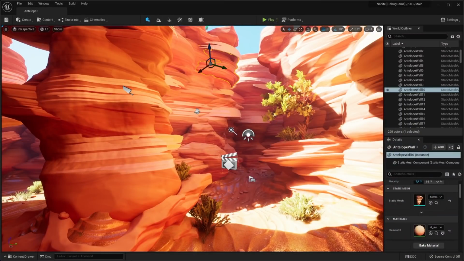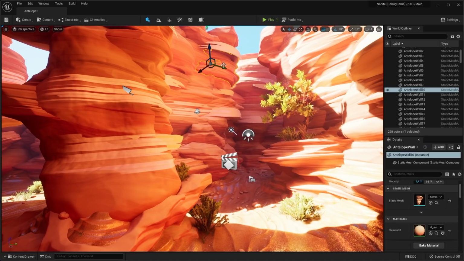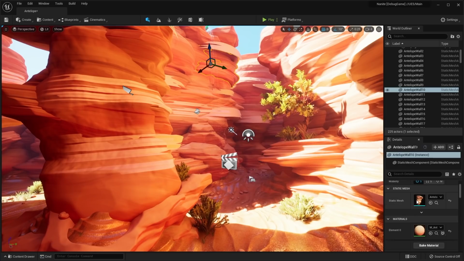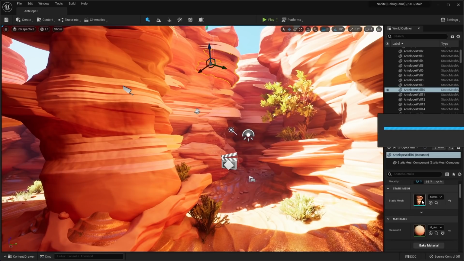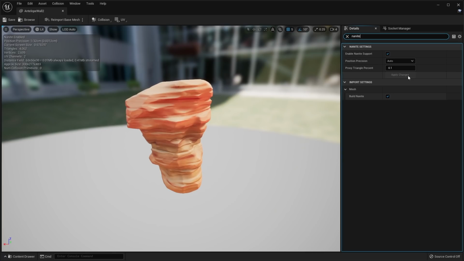Let's start by answering the most important question of all: how do I enable Nanite on one of my projects? And luckily, this is a really easy question to answer because it's a tick box and it's on any mesh that you want Nanite to be enabled for. If we have a mesh that's already been imported in, we can find it from the content browser, or we can double click on it in the static mesh settings on the scene. Search for Nanite and just tick Enable Nanite Support. Then all you need to do is press Apply Changes, and this mesh will then use Nanite.